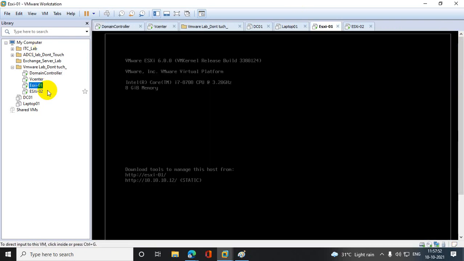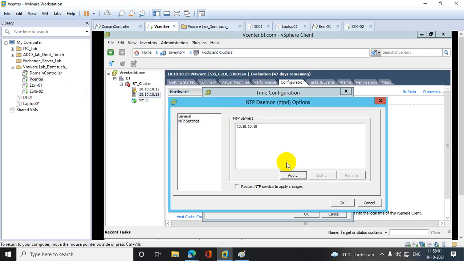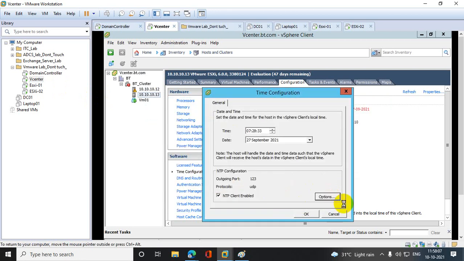It is 10.10.10.10. So give them 10.10.10.10. Click OK, restart the NTP service and apply the changes. Do not forget to select this option. And click OK.